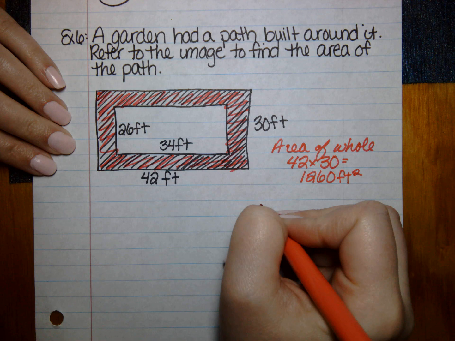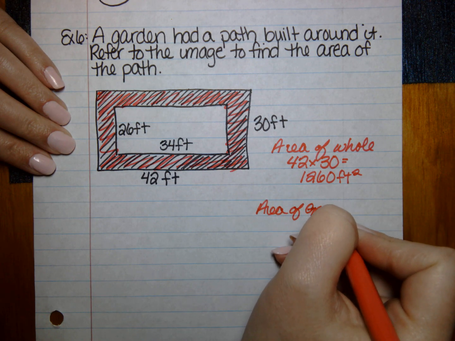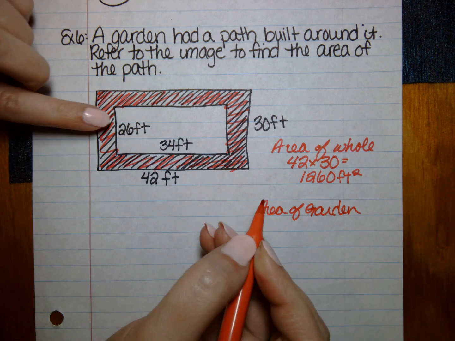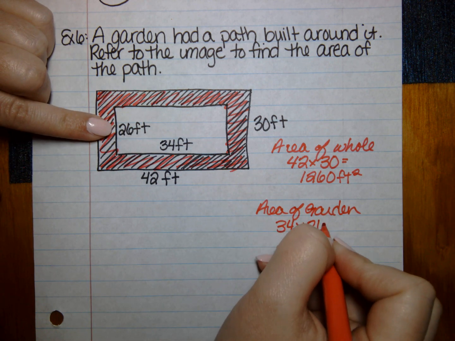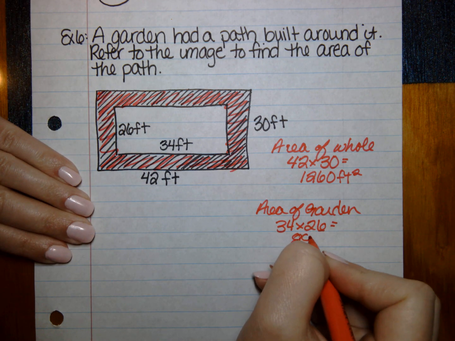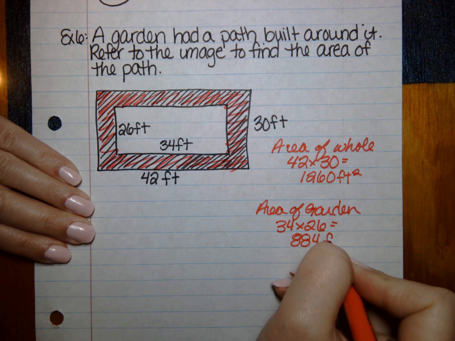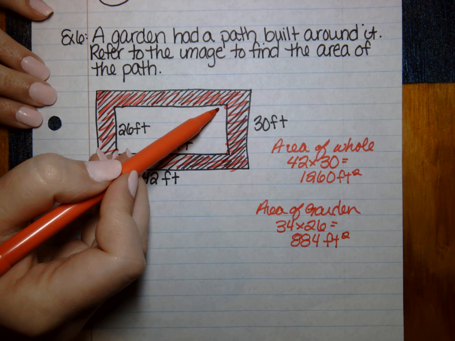Now, if I find just the area of my garden, I would have 34 times 26, which is going to give me 884. Again, my unit is feet squared. So this inside piece, my garden,